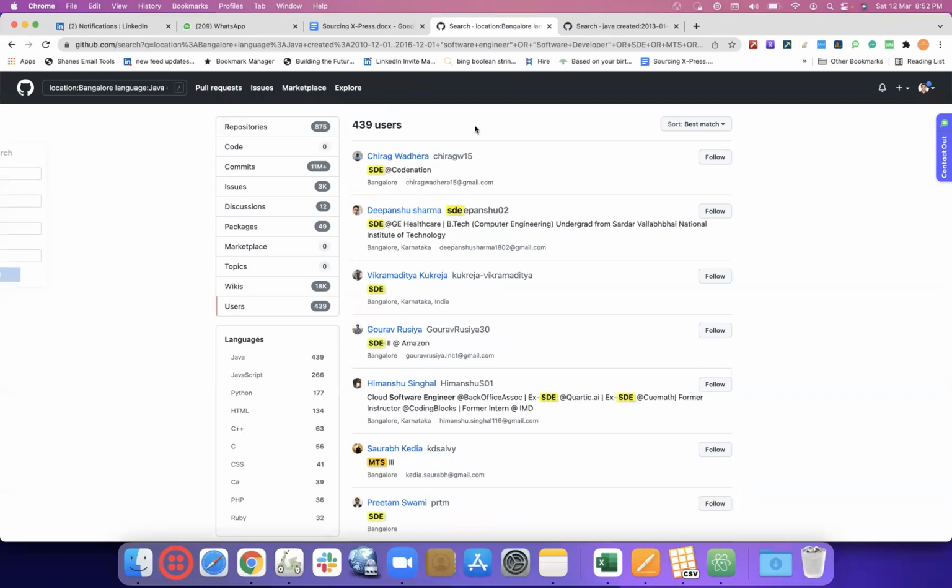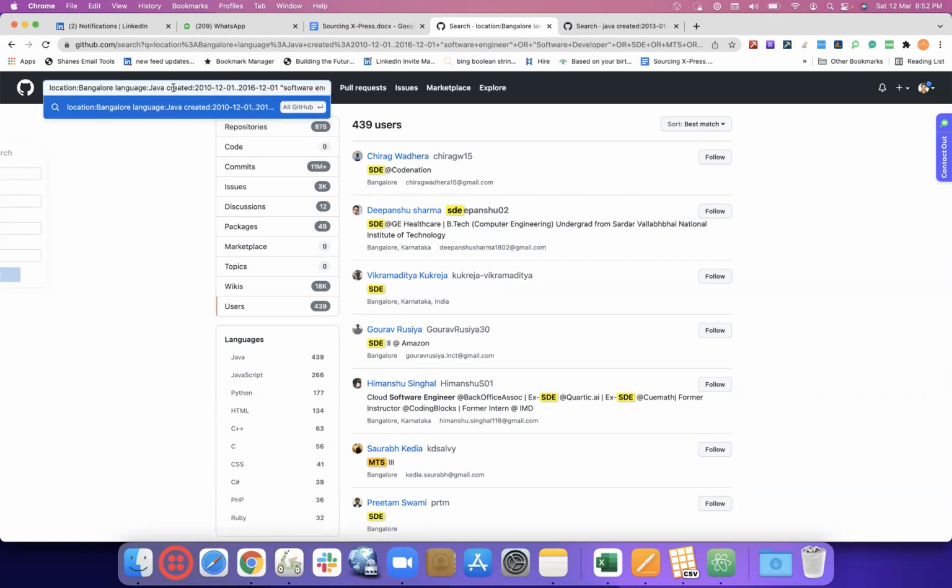So yeah, we get around 400 plus users. So I'll take a pause. Any doubt or confusion around created or anything? One is created before, created after, and in case you want between two date ranges, we need not mention after or before, just the dot is enough between those two dates. And it shouldn't be like 2016 coming here and 2010 coming here. Again, that's a wrong ask. It's like from 2010 to 2016, it shouldn't be from 2016 to 2010. We can't go backward. We have to come forward.